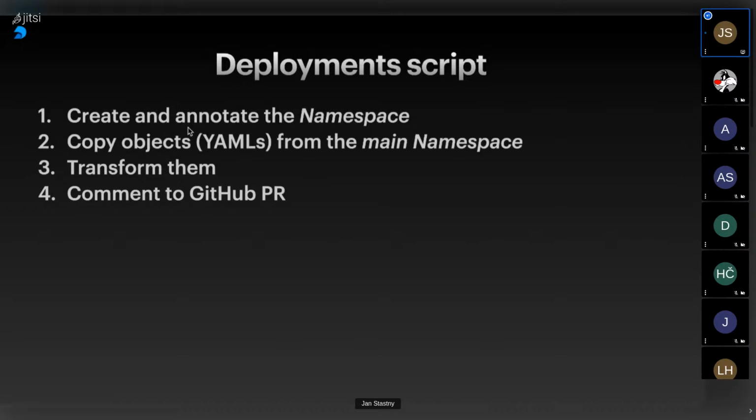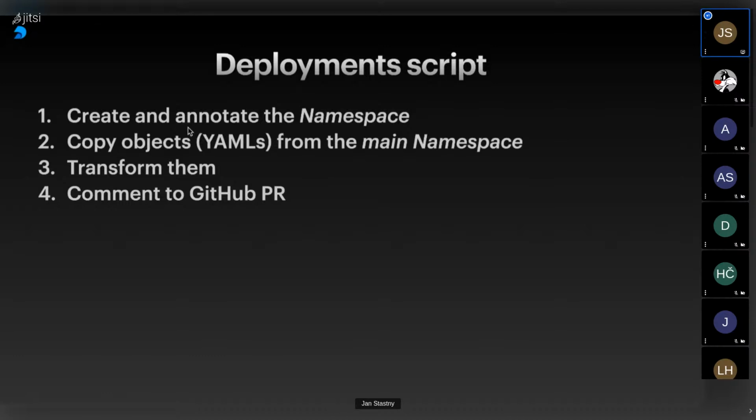The reason we do this is for us to be able to do the cleanup, because our cluster has to be, we cannot just simply grow it to infinity. So we try to keep the number of the deployed review applications somehow low. After we have the namespace created and properly annotated, we copy the objects from the main namespace. The main namespace is the staging that we use to fight over.